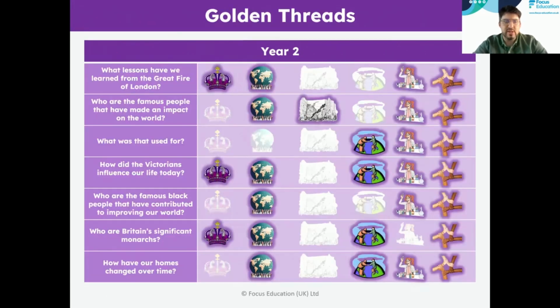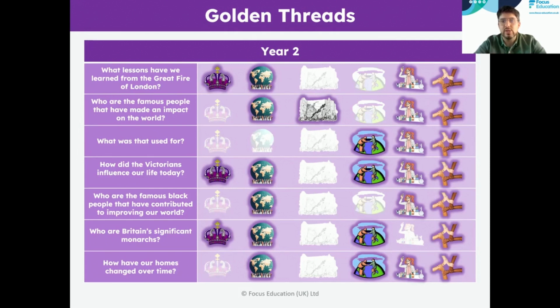To go a little bit further then into the golden threads idea to show you how that works, we've got here an overview of the year 2 unit. So as you can see, some schools choose to teach 2 units across a year, some choose to teach 3 units across a year. But here you can see all sort of 6 or 7 options that we have for you. So there's lots of elements of choice, but you can see there where the golden threads are highlighted